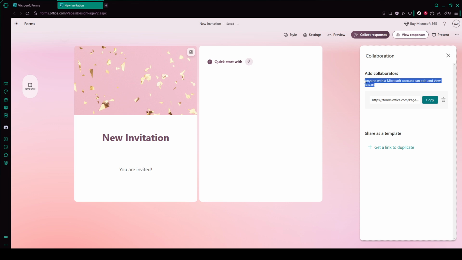specific permissions. If you're working in a professional or educational environment and want to keep things more controlled, choose the option that limits editing to people in your organization. This means only users who are part of your organization's Microsoft 365 account will be able to edit the form when they use the link. This is a safer choice when dealing with internal surveys, sensitive information, or anything that should not be changed by